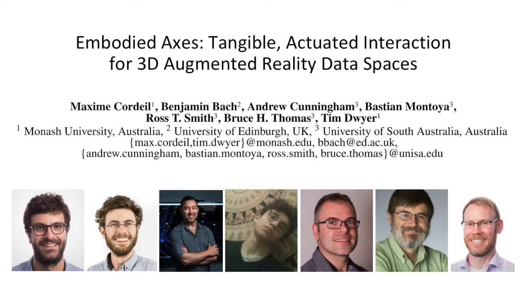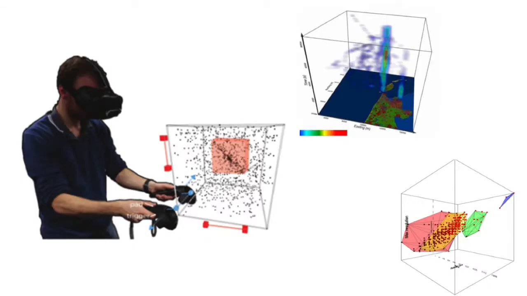In this video, we'll be presenting Embodied Axes, tangible actuated interaction for 3D augmented reality data spaces. Modern immersive environments, such as virtual and augmented reality, offer true stereoscopic environments and the ability to engage directly with